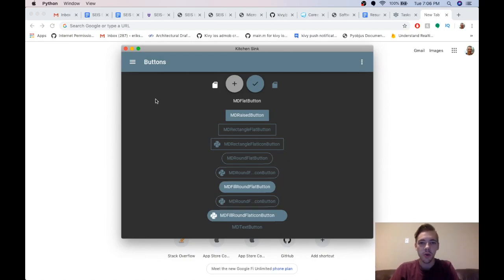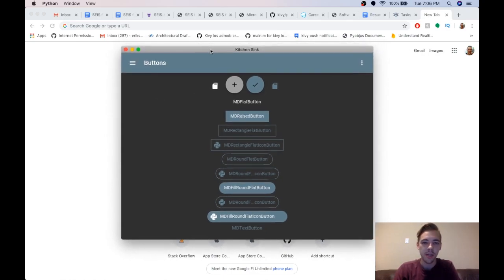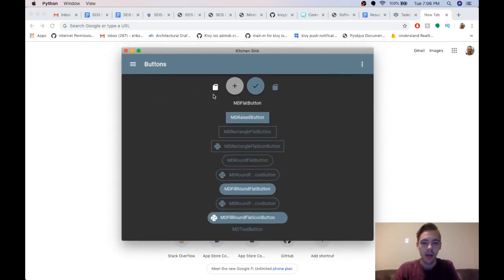Hi everyone, in this tutorial we'll cover the buttons that come with the KivyMD package. You can see here I've got the kitchen sink demo open from the KivyMD package, and these are all the buttons that we'll cover really quickly. So we've got some icon buttons, some floating action buttons here, and then there's a flat button, raised